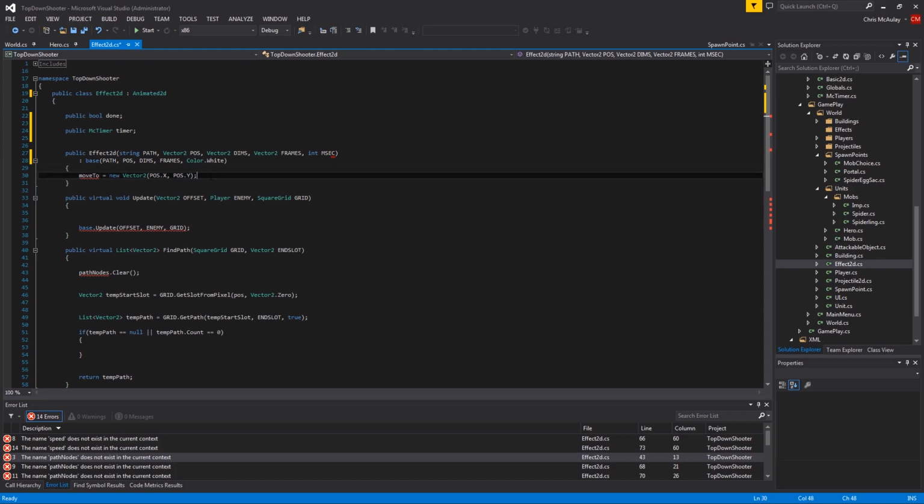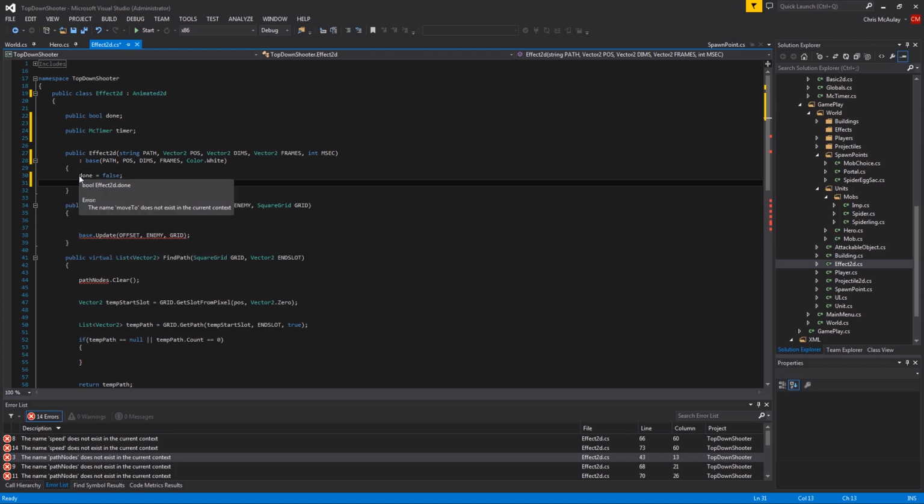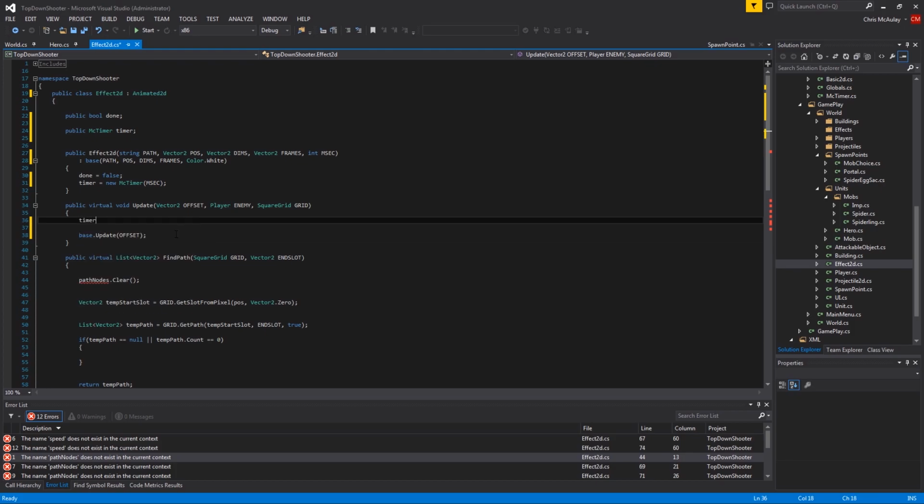Now, initially we are going to set done equals false. We are going to set the timer equals new MCTimer, MSEC, which is that one coming in there. Okay. For updating, it's pretty simple stuff. It's literally just stay active for as long as the timer is, and then be done. Right? That's going to be the base effect part. This is wrong because we pulled from something not as similar. So to do that, it's just timer.UpdateTimer,